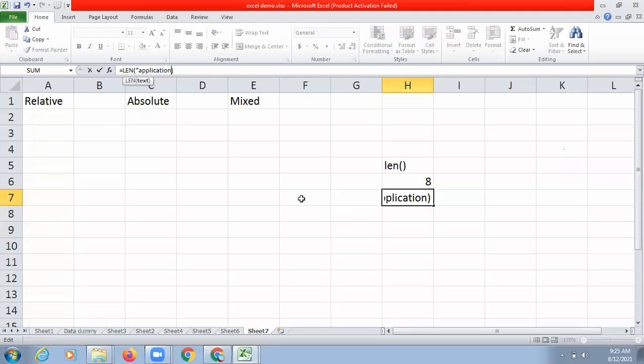If you are giving the address of a cell where you have written that word, then you can directly write the address of the cell, A1, A2. But if you are writing your word directly, then you have to put it in double quotes. Length is 11. Clear?